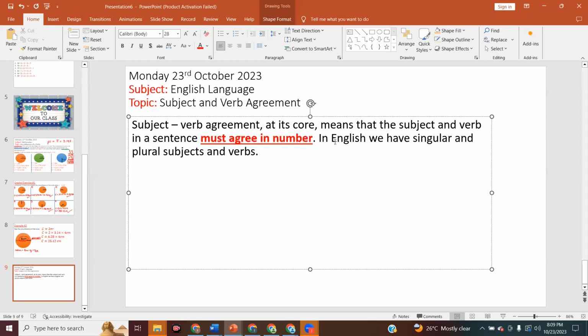And, this is very important, it is possible for your verb to be a singular verb, and it is possible for your verb to be a plural verb. That's what some people may not understand. You can have a plural verb and a singular verb, a plural subject and a singular subject. But with subject and verb agreement, those two must match. For a sentence to be grammatically correct,